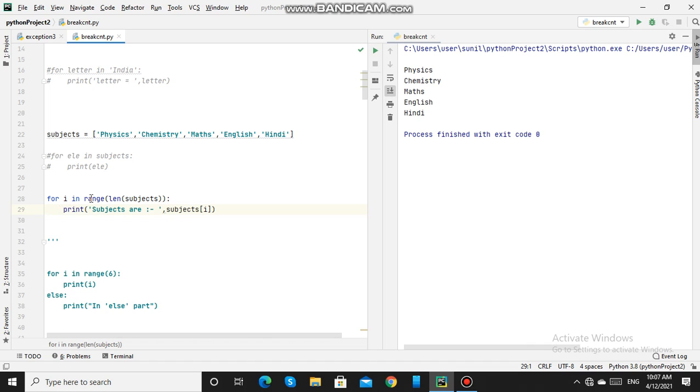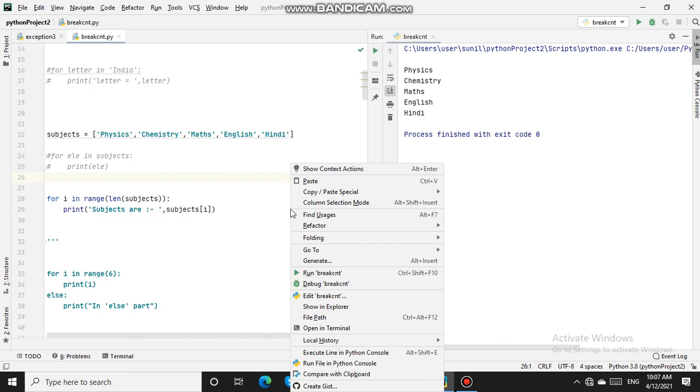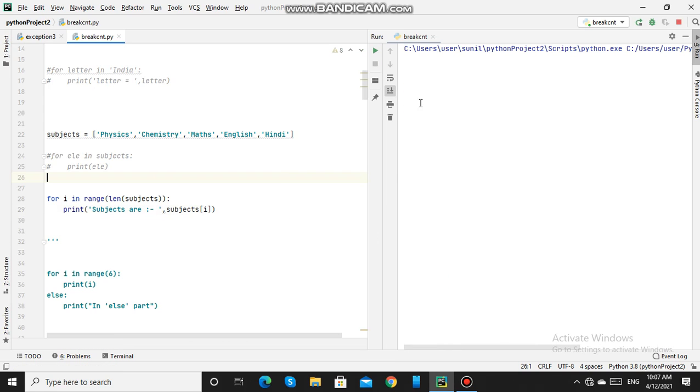So for i in range 5, that means i will start from 0 till 4. Then we are printing subjects i, that means subject 0 to subject 4 will be printed. So subject 0 is physics and subject 4 is Hindi. So we'll run this. So it has printed the value i is equal to 0, that is subject 0, which is physics, till subject 4, that is Hindi.